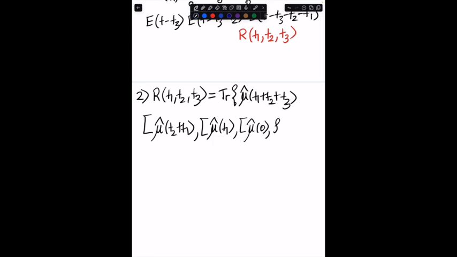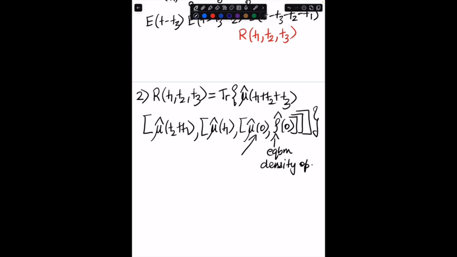And you have your equilibrium density operator, which we are denoting by rho 0. So this is our equilibrium density operator,